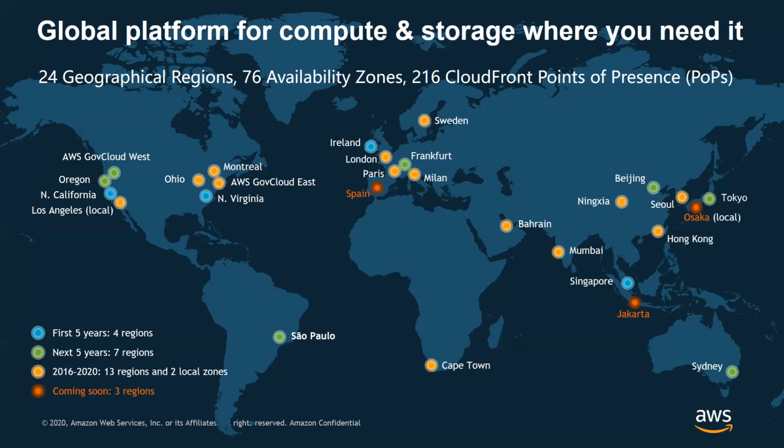So the first important point to note is that we're everywhere. I mean, literally, AWS has data centers and availability zones everywhere, and it's growing, right? You can see from this picture that in the first 5 years of AWS's existence, we were in those blue regions, right? Northern California, Virginia, Ireland, and Singapore. Just 4. Then we added 7 in the next 5 years, and now in the last 4 years, we're up to 13 regions and 2 what we call local zones, and we're adding a few more pretty much every couple of years.